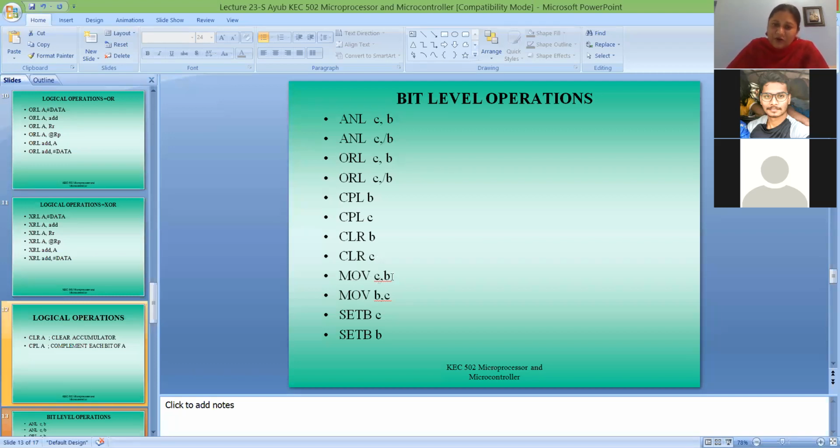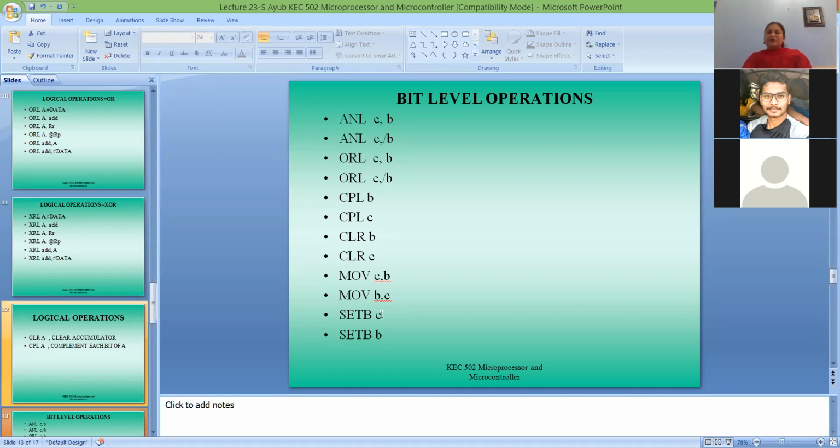Now MOV C, B. Whatever your B bit status is, 0 or 1, that status will be moved into the carry status. And whatever your carry status is over here will be moved into the B bit status. SETB C: this is exactly the reverse of clear. Clear makes it 0, and SETB makes it 1.